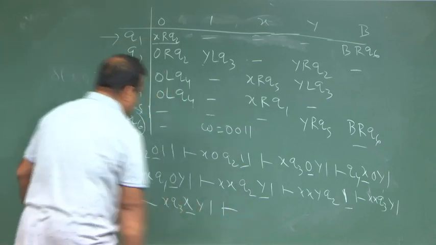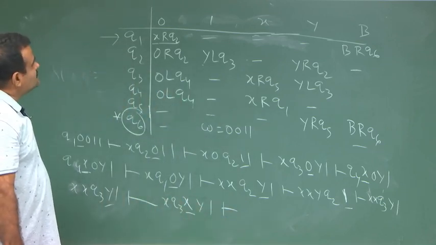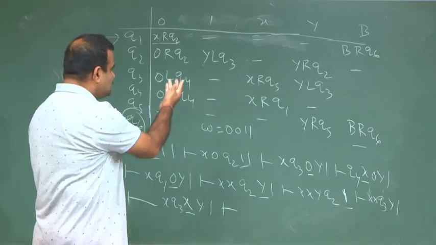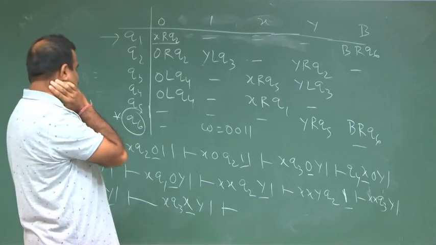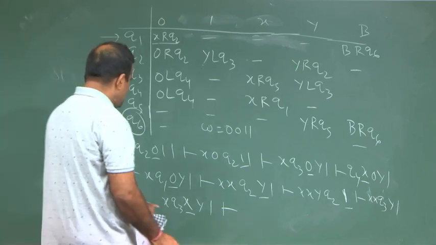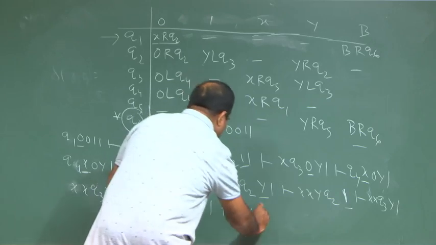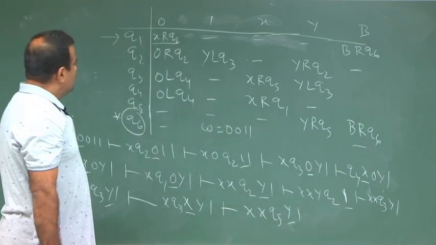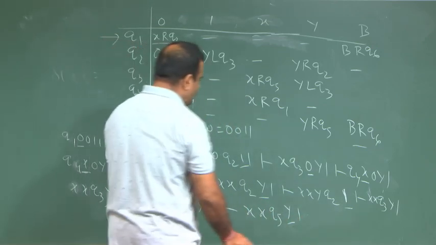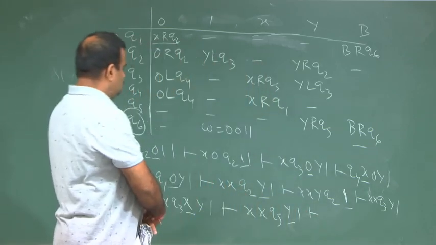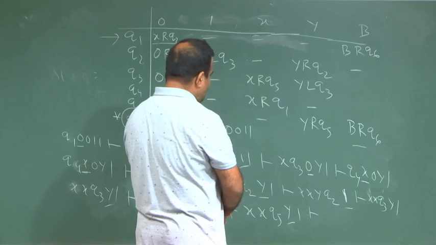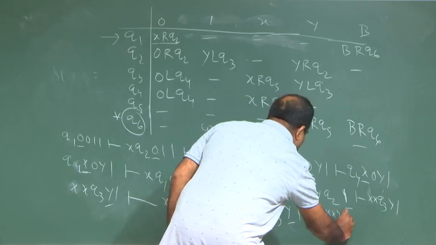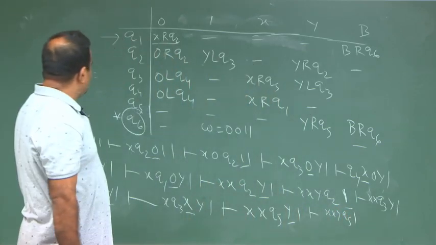Now this is pointing now. q3 with x is again going, now it is going to the right. The x remains x, but the state is changing to q5. So this x remains x, q5 y 1. Now q5 with y is again going to the right. So y is replaced by y and it remains at q5. So x x y q5 1. Now q5 1,